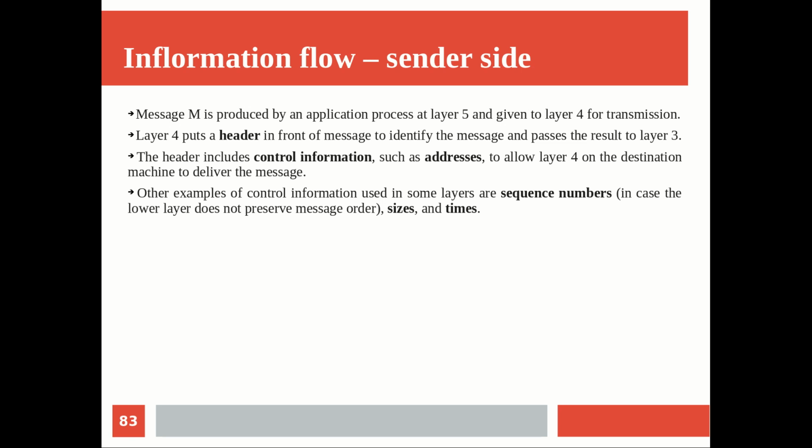Other examples of the control information can be the sequence number, the size, the time, okay. Simply for your understanding, I took the encryption algorithm details, everything, as an example. So if you want to keep that ordering, you can add the sequence number where you are adding all these things. That is what our header is, okay. So all those additional control information you can put in the header, and you can mention the size of that particular packet in the header, the time at which it is generated, the timestamp, many such things we will add in the header.